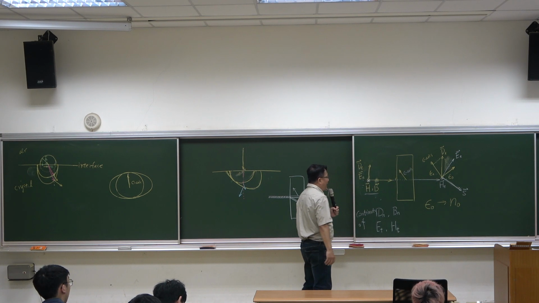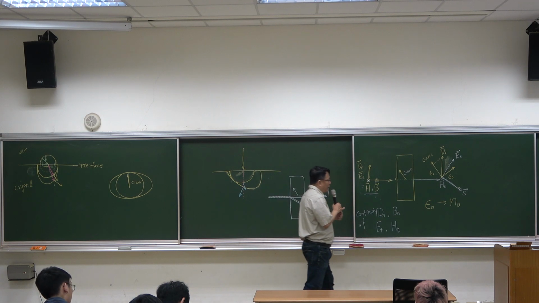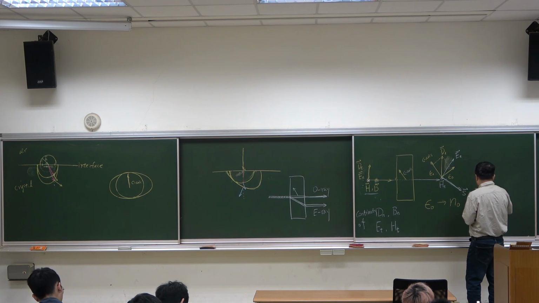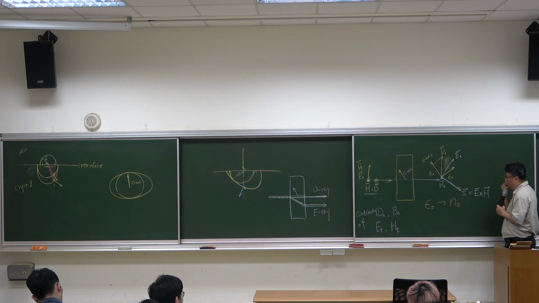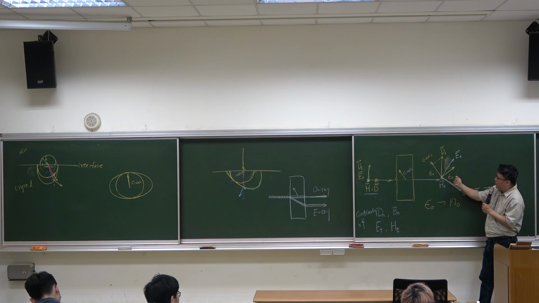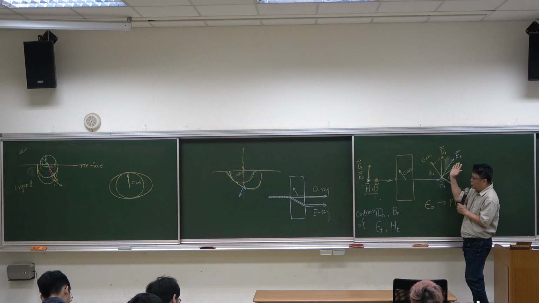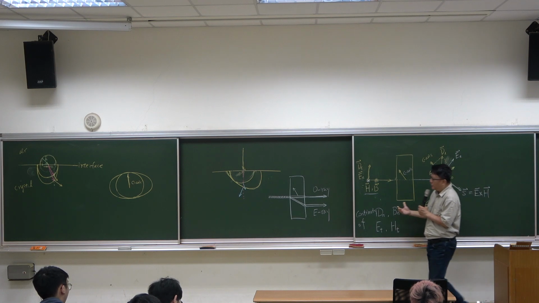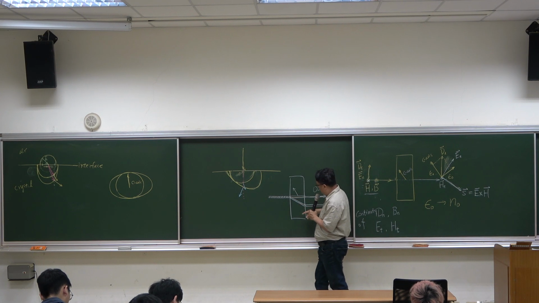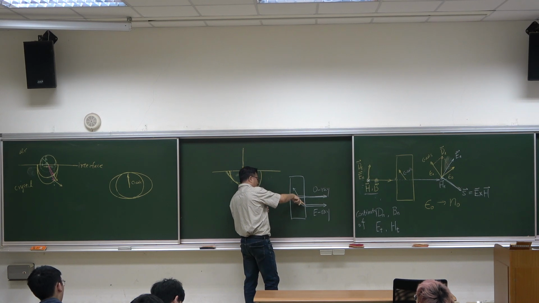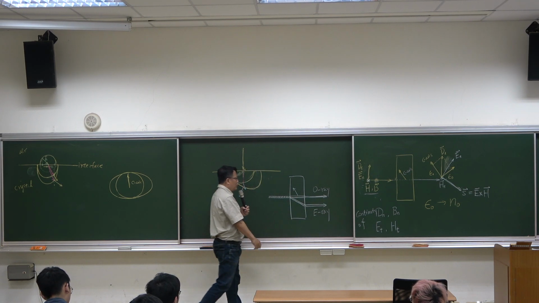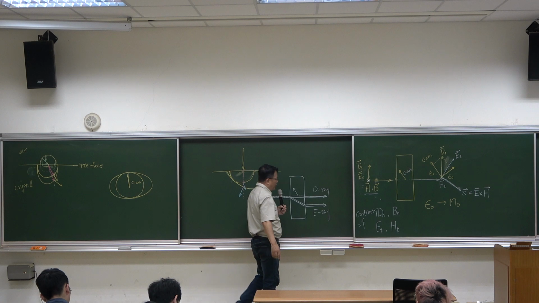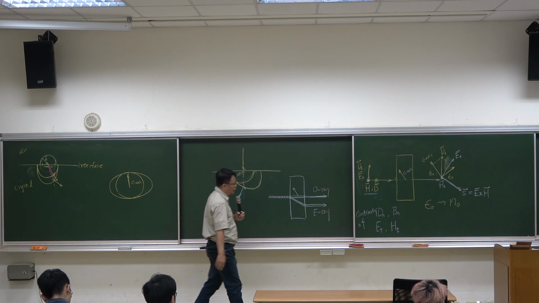Since energy propagation is along the direction of the Poynting vector, if H does not change direction and the direction of E is changed, then the direction of energy propagation must be changed. So for the E ray, it changes into this direction, and when it penetrates through the second interface, it changes back to the original propagation direction. So we get two possible